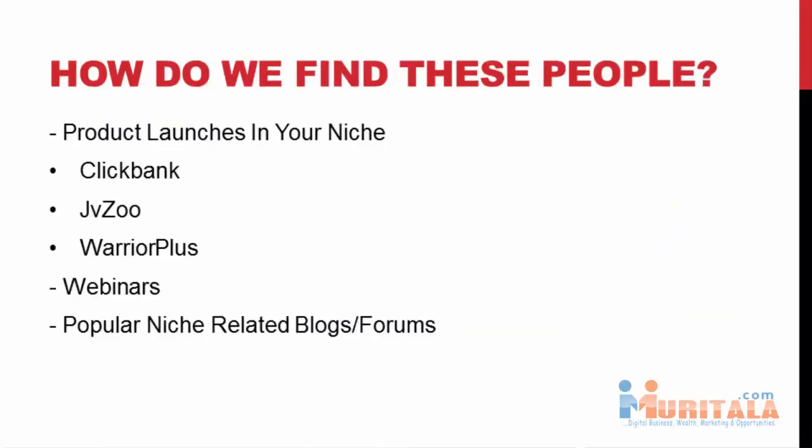So how do we even find people that have a huge email list in our niche? Well, there's multiple ways. Product launches: every niche has people launching information products. You can head over to ClickBank.com or JVZoo or Warrior Plus or any affiliate network and search for all the different products they offer. Especially ClickBank, they have products in every single niche, so you can find all these people in your niche that have successful products. Contact these people and see what it would take for them to send out your email.